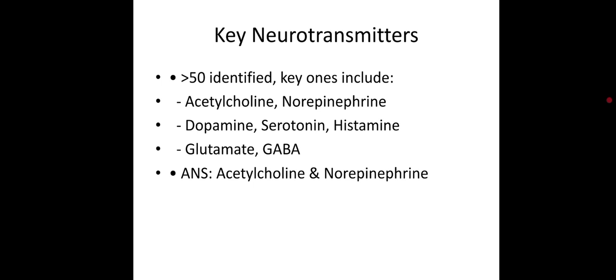Histamine, mostly related to allergies and increased gastric irritation. H2 receptors are present in the parietal cells, while throughout the skin, H1 receptors are present, which leads to the allergic reactions. Glutamate, that is one of the excitatory neurotransmitters, and GABA, gamma aminobutyric acid, one of the key inhibitory neurotransmitters in our body. So ANS deals with acetylcholine